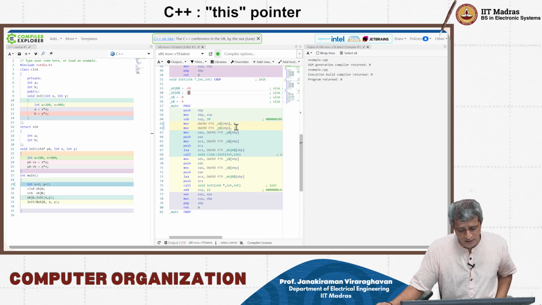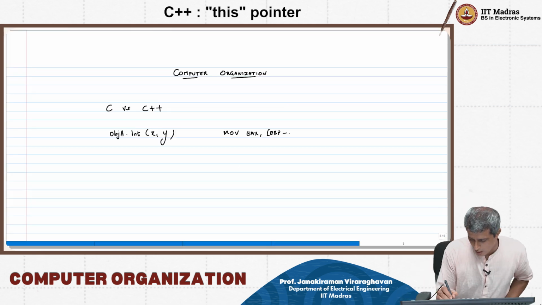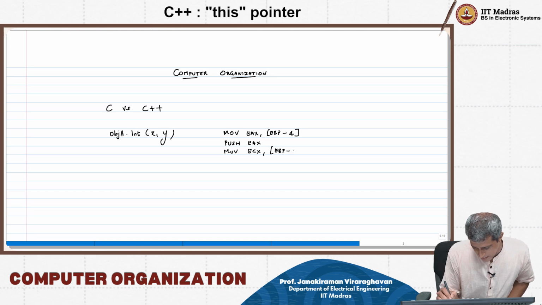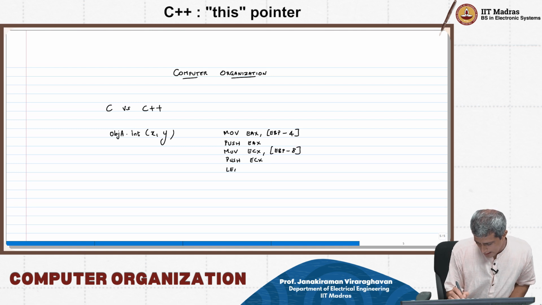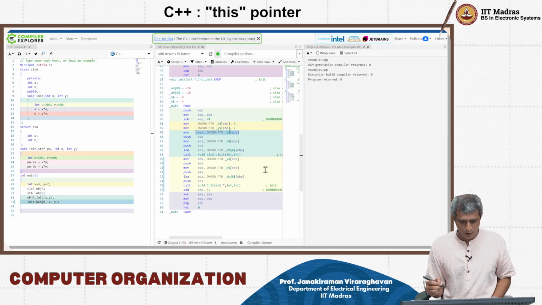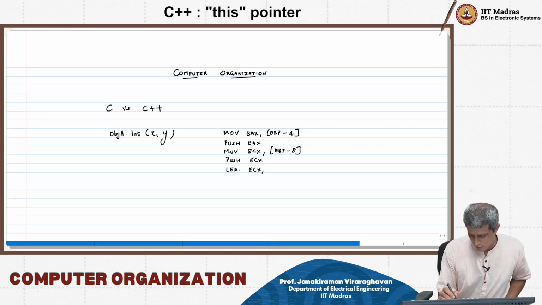EBP, x is EBP minus 8, right? So this is EBP minus 4 that I am doing here. Okay, and then push EAX, then move ECX comma EBP minus 8, this is x, push ECX, and then you are doing LEA of ECX comma dword pointer, right, of